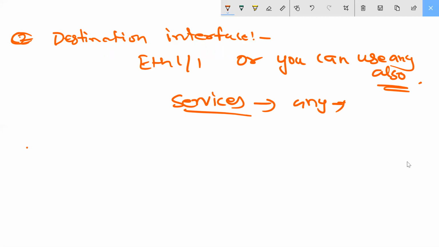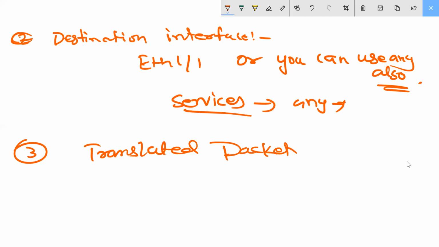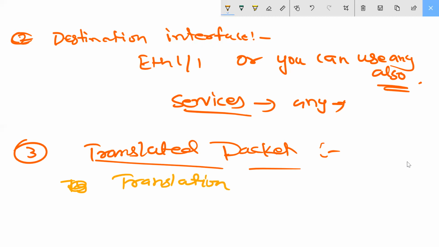Then after we are coming on the third point, this is the translated packet. Inside the translated packet, I'm explaining here. Translation type is dynamic IP and port.